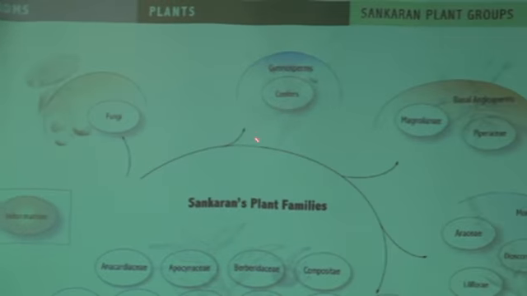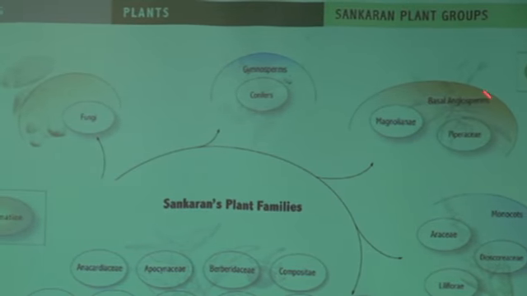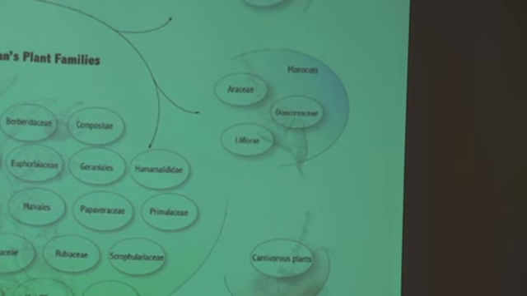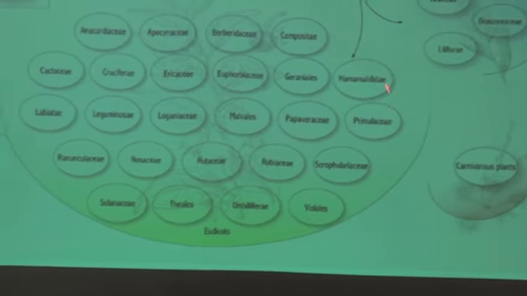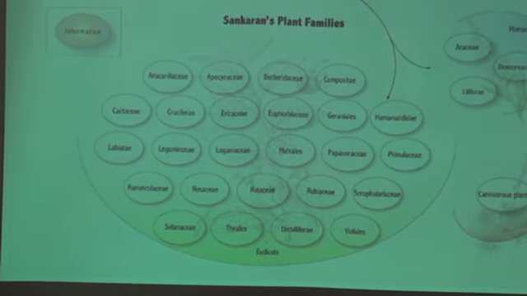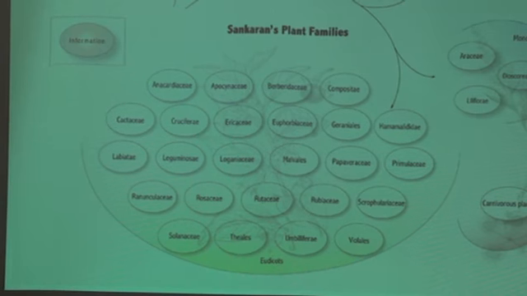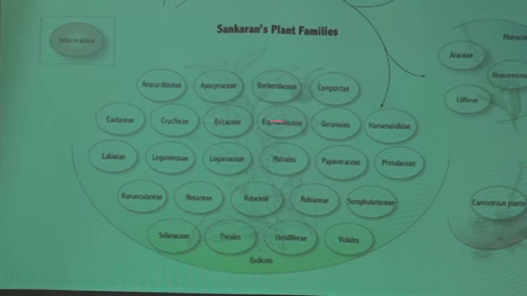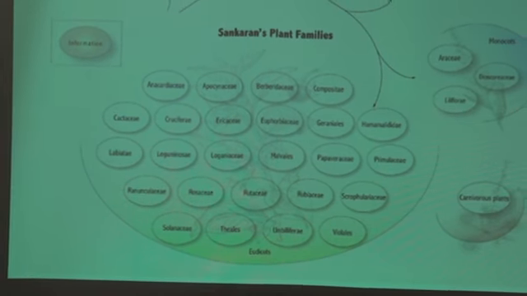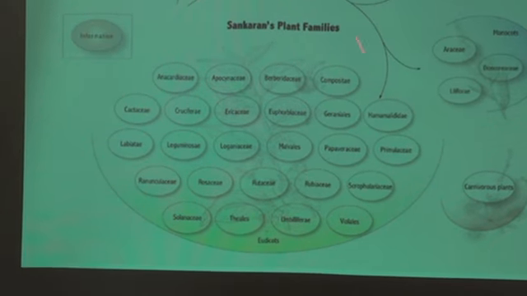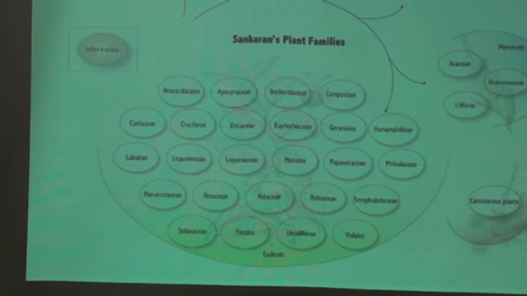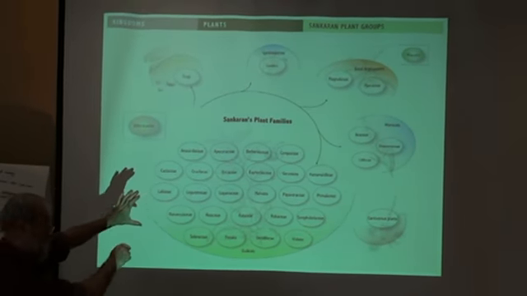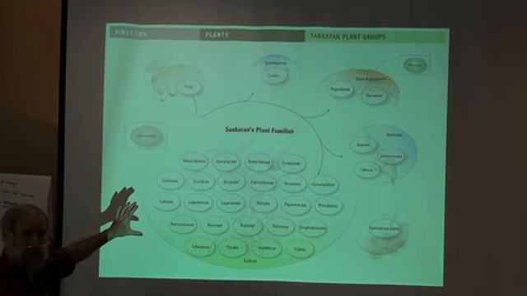And then we've kept the gymnosperms, the basal angiosperms, and the monocots separate, but all of the eudicots, instead of breaking this down further into a botanically oriented classification, which we thought would be confusing to the Sankaran-oriented user, we just listed all the eudicots in alphabetical order here, so that they're easy for them to find on this rather complex illustration, rather than try to organize them by botanical affiliation and make this very difficult for a user to